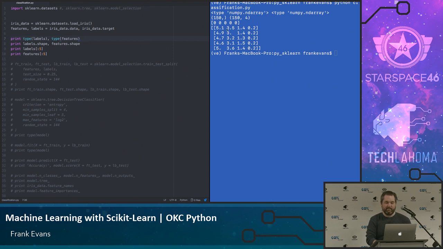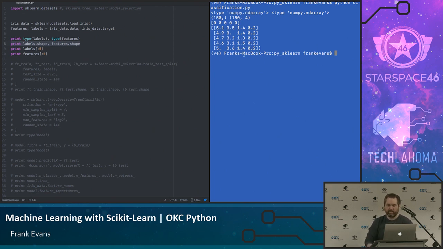So print the type. I've got a NumPy array and a NumPy array for both of them. So I get that right off the bat. Don't have to deal with that. That's fantastic. I'm going to ask what the shape is of these two objects. The very first one, these labels, is 150 records by nothing, which is just telling me it's a single dimension.